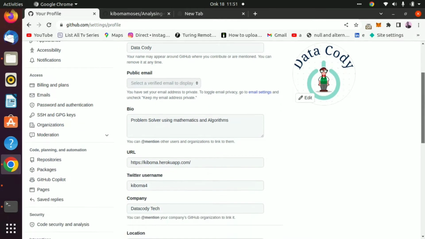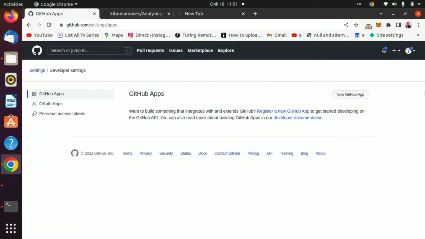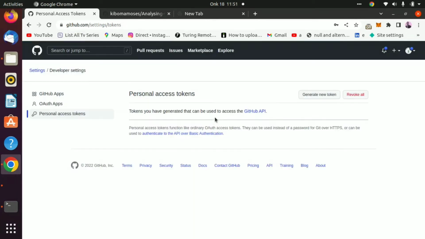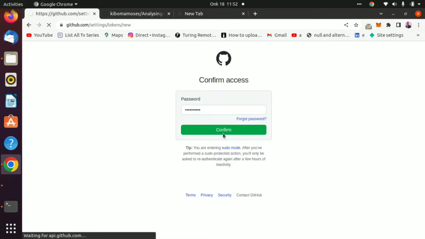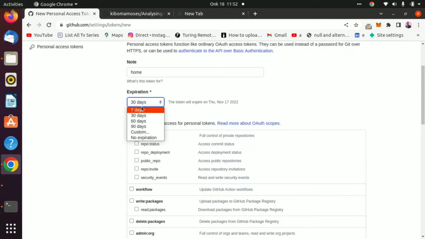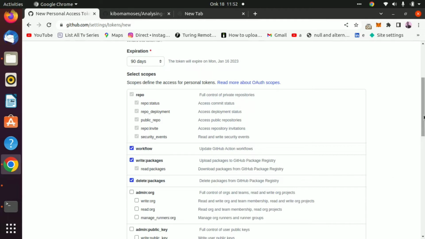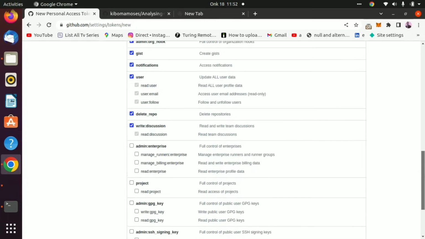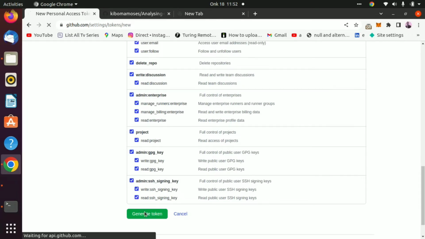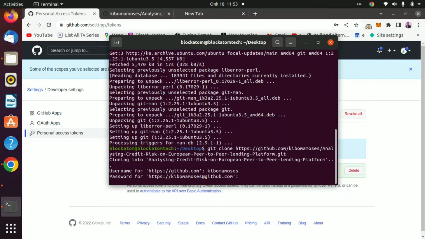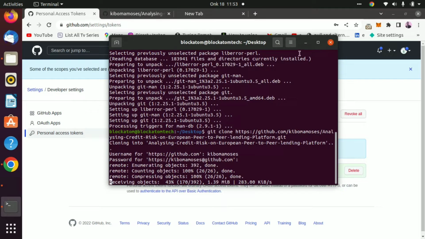So what you do, you will go to settings, and then go to developer settings, and then go to personal access tokens and create a new token. So let me delete the one that I have and create a new one. Let me call it home, and then you can choose any number of days that you want the token to last. So I choose 90 days. So you will select everything, and then you will generate. This token is the one that you will put in as a password, and as you can see